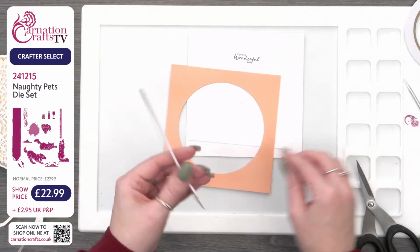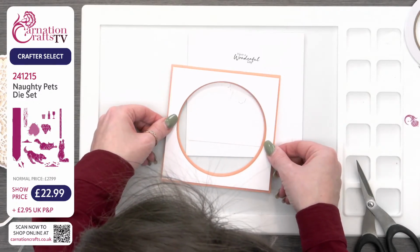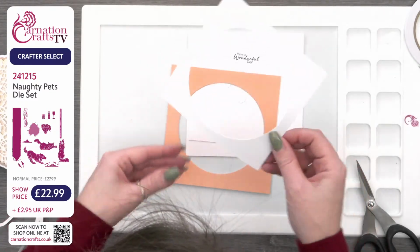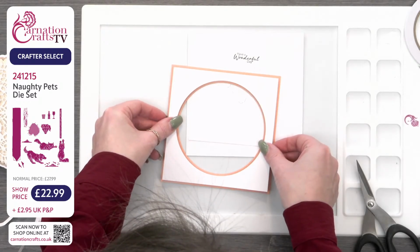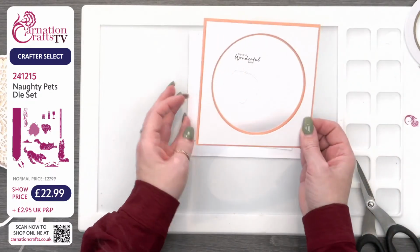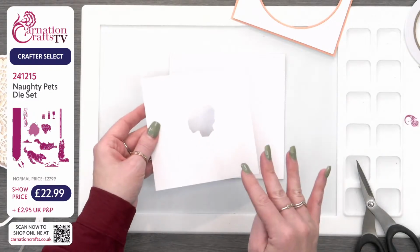Right, so let's make sure I've still got that the right way around. I don't think I do. Right, so that's good. So that's going to fit there. So I've got that now, a frame in that circle. So what I'm going to do is I'm going to add in